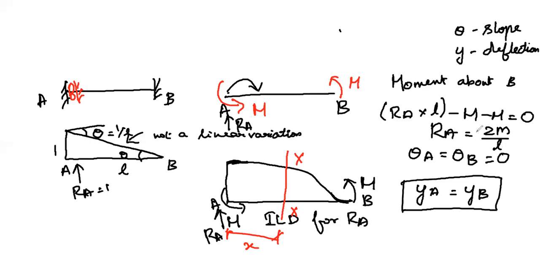Then if the value of RA is equal to 2M by L, what will the value of moment be? It will be L by 2. You may ask what happened to RA. We know we have applied this RA value as 1 here, so I am putting the value of 1 here. So the value of moment will become L by 2 because this RA is equal to 1, since we applied a unit load at the point A. So far I think it will be clear.